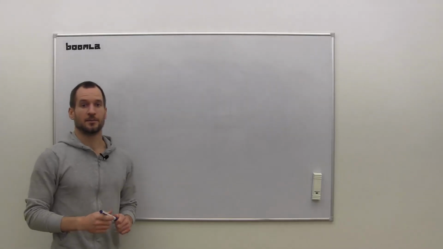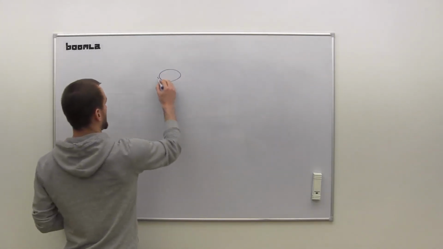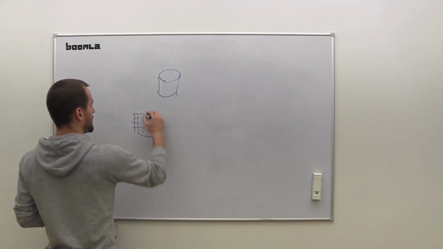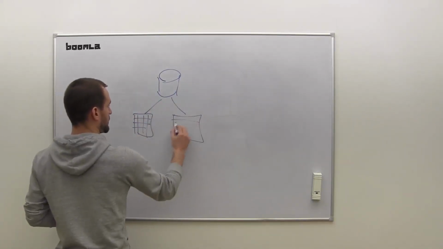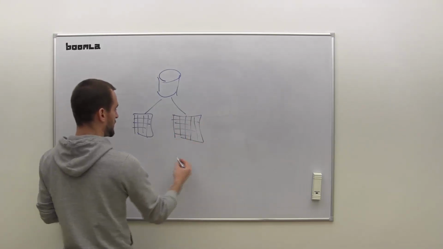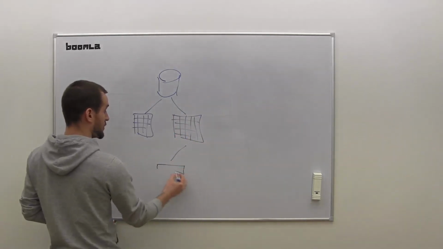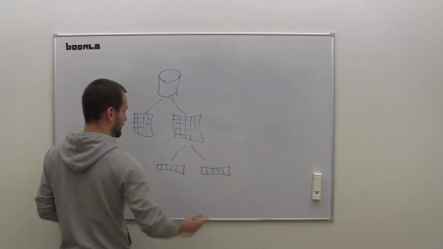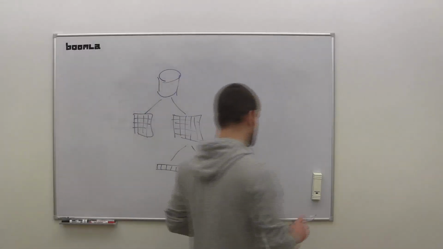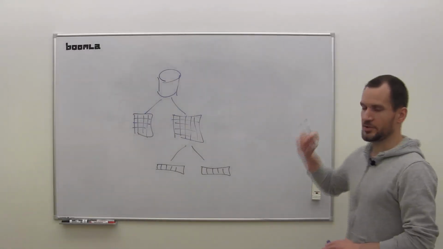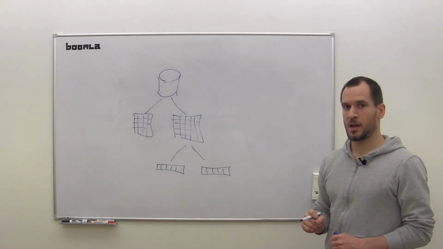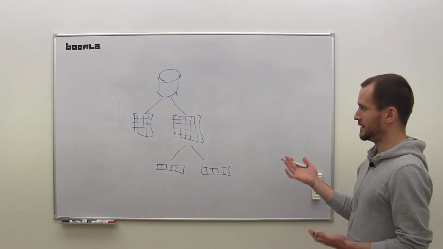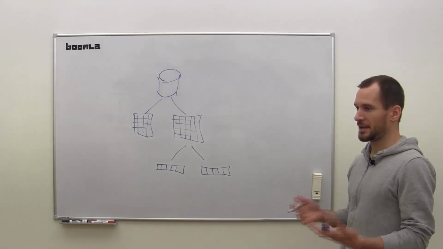So in a database, you would typically have, well, this is the database. Inside the database, you would have some tables, and each of those tables will contain some rows with various columns to hold the actual values. Now, you can achieve the same structure with Boomla, and I call this organization of files a database equivalency